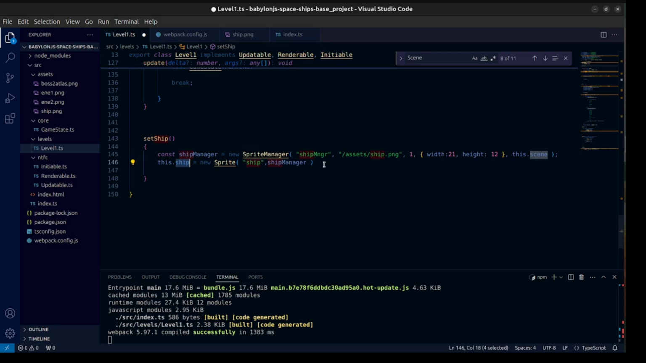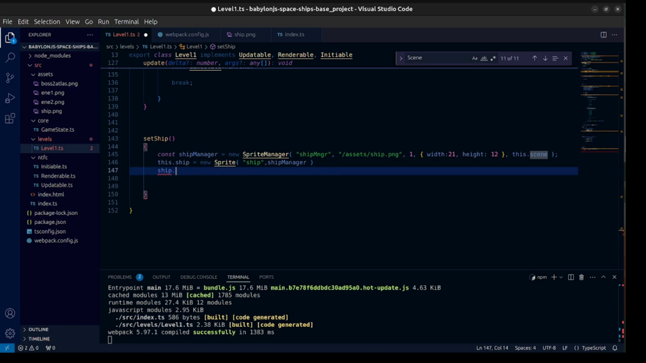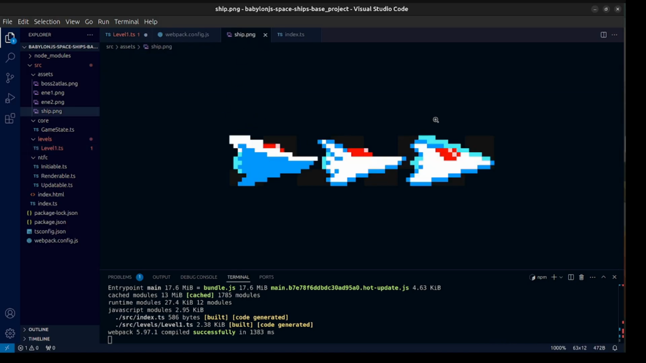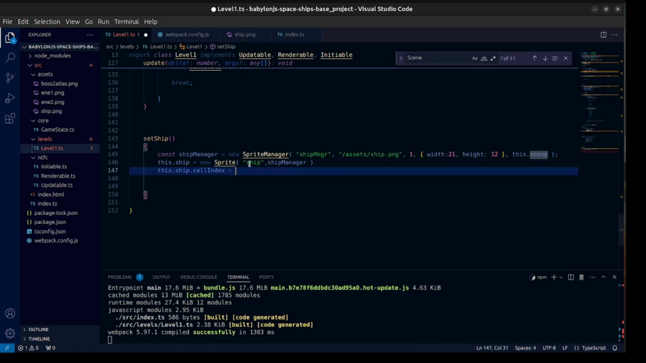So now that we have our chip working and we have the instance, I can just specify the initial frame. In this case, we can specify that with the cell index. This chip, the cell index, and if you remember, we have 3 frames, 0, 1, and 2. So I want just to set this frame will be the number 1,